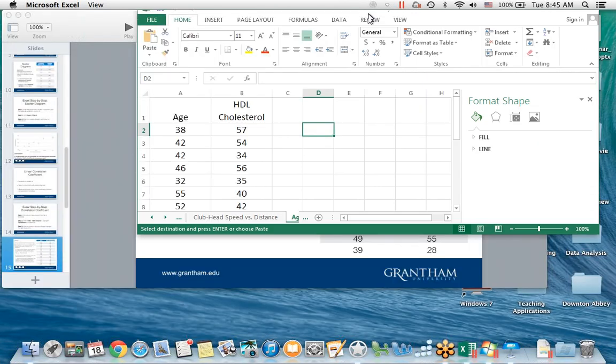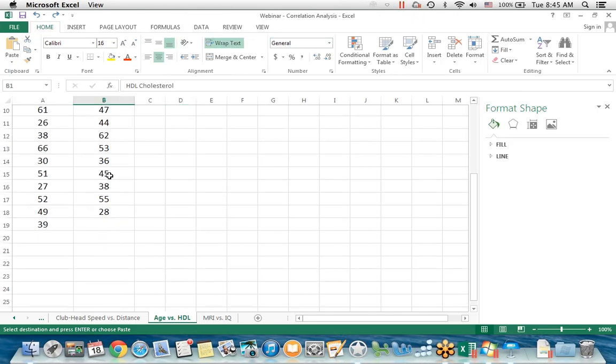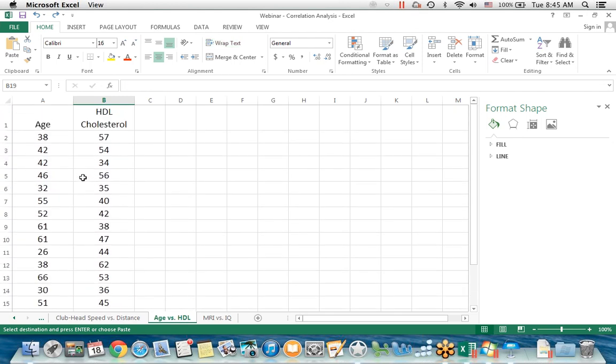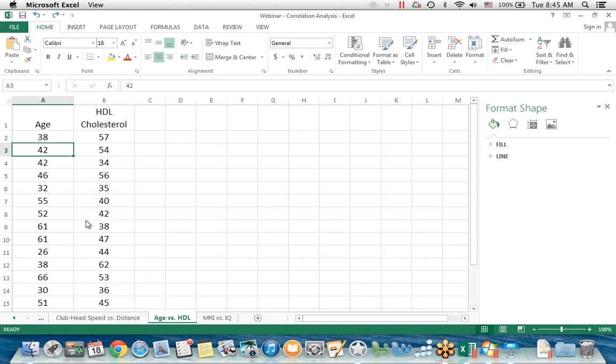So I have my age versus HDL cholesterol, and I have, oops, I'm missing a data point. Or I have one too many data points here. Okay, so